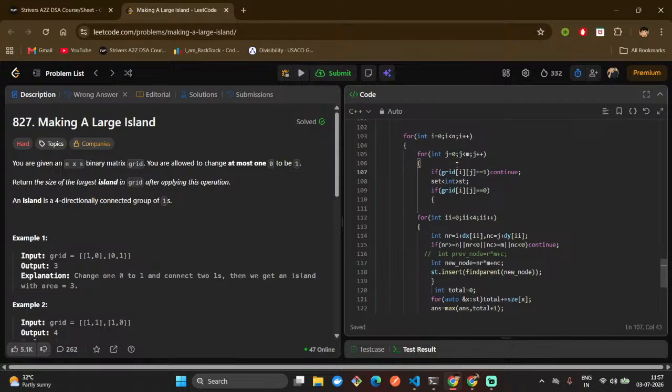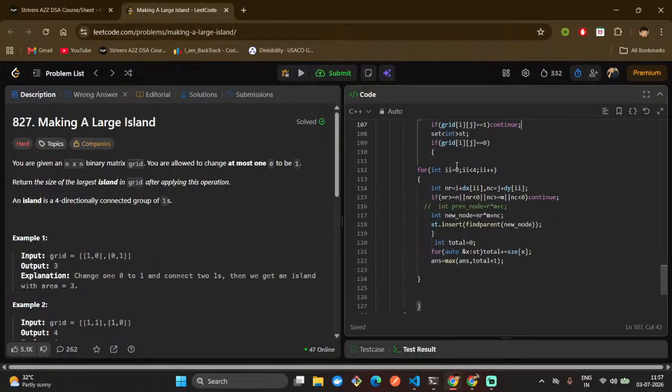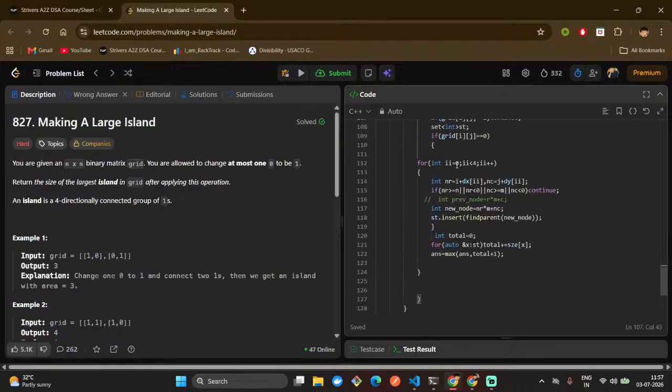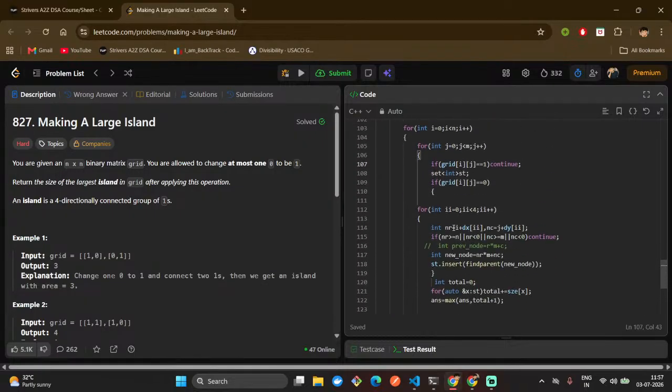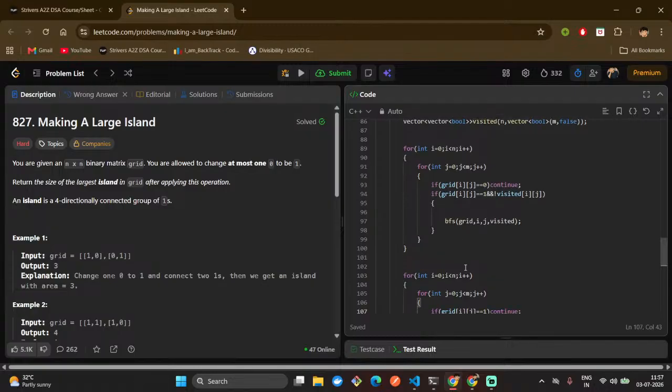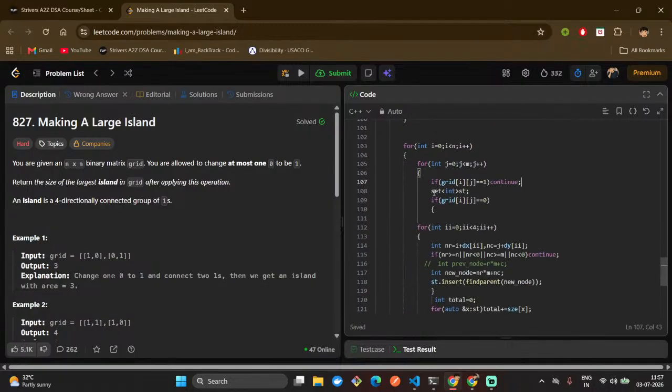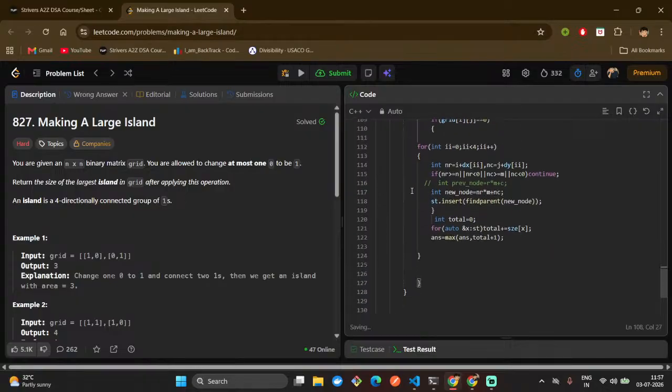Nodes should be the finding parent, should be the initial value, maximum value. Take an unordered map. Why are you saying to take the ordered map? Take an unordered map. Unordered map is good for inserting and finding the parents. It's previous, so you can't take it going all the way, going all the four ways,